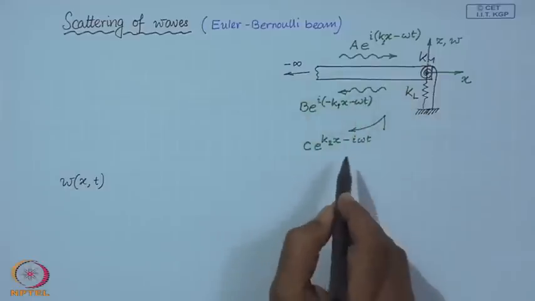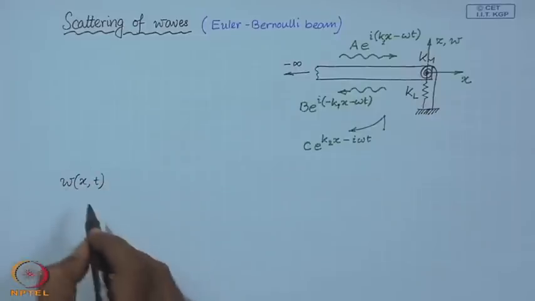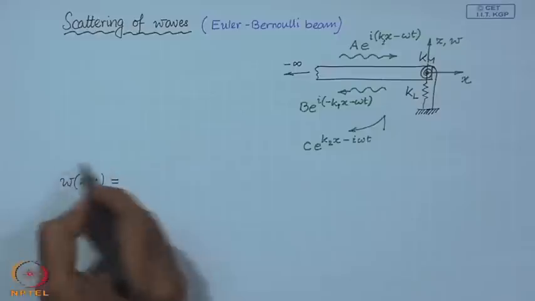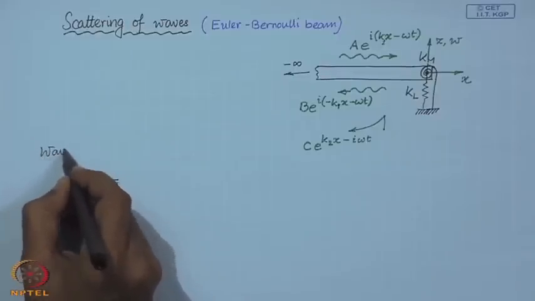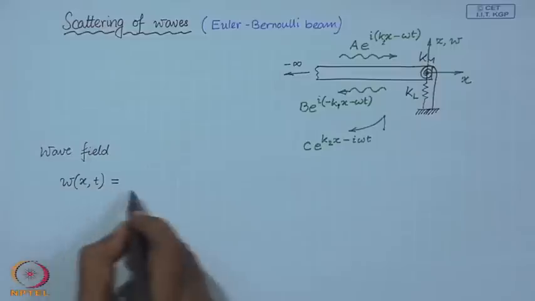So, from physical considerations we have only one evanescent wave in this form. Now, the total wave field is given by